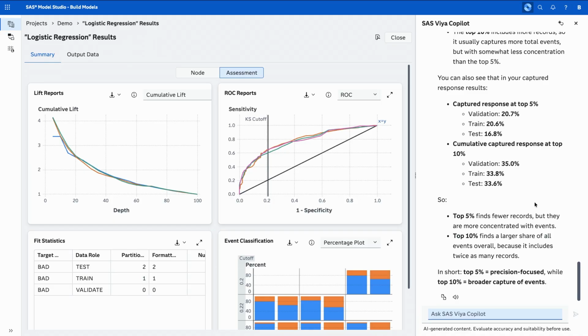Does this work with visual forecasting and the hierarchical models? So this doesn't currently work with visual forecasting, but that is on our roadmap because it's actually in the Model Studio product as well. So it's definitely one that we're looking at. We're also looking at adding it for the visual text analytics as well. And so I can't tell you the exact date on forecasting, but yes, that is coming in the future. Okay. So this year maybe, or do you know? I would like to say yes, but I can't promise that, to be honest. Yes.